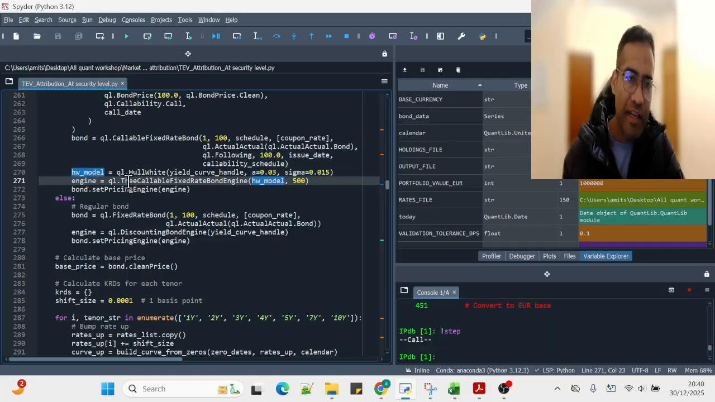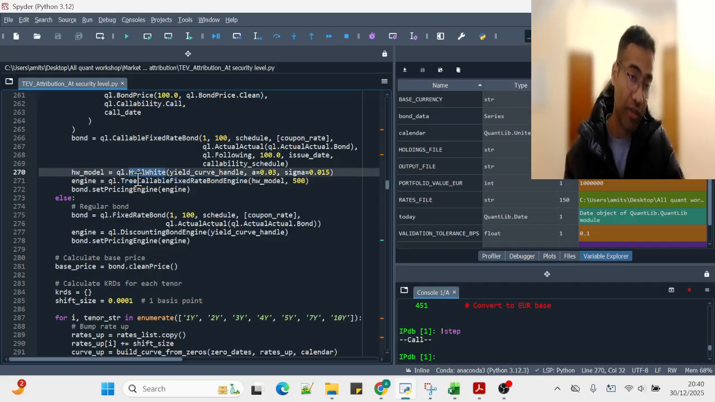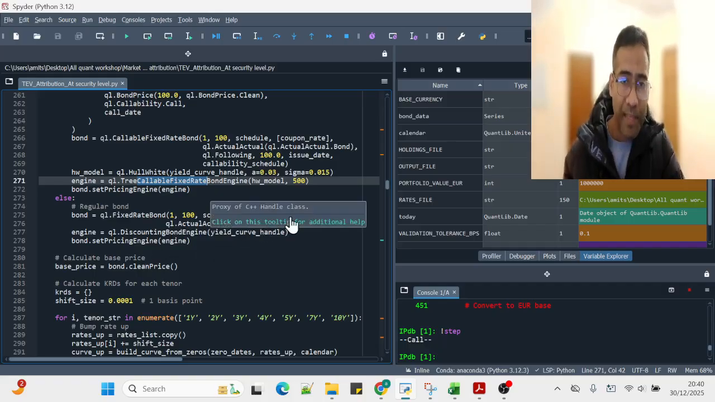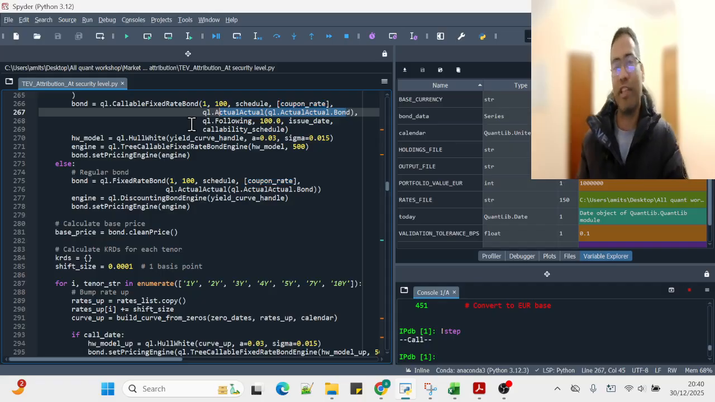You see, it is a callable fixed rate bond. QuantLib provides different engines for every type of bond. So this is a fixed rate bond, and it was callable, but there are more engines you can use. Now I have passed the Hull-White model, the alpha and the sigma. And the good thing is that I passed in notional here. You see, I passed in coupon, and this is the actual by actual convention, and it is used in calculating